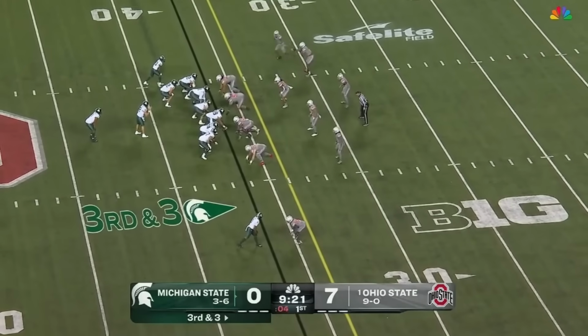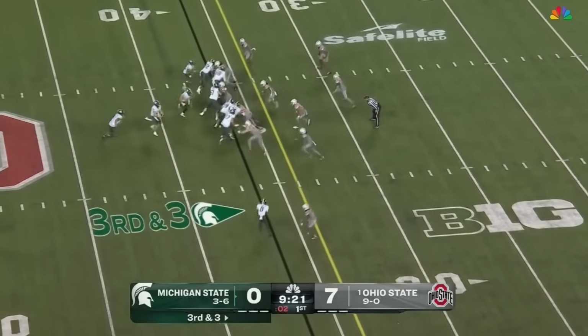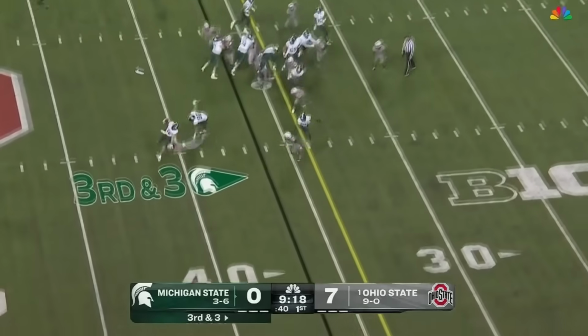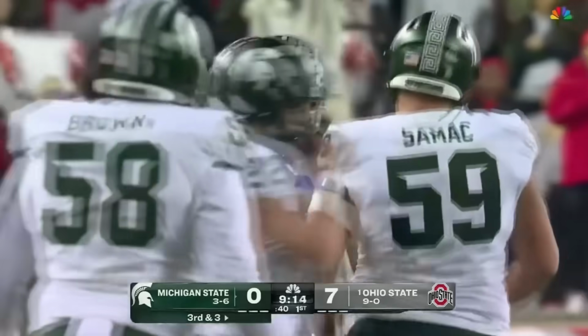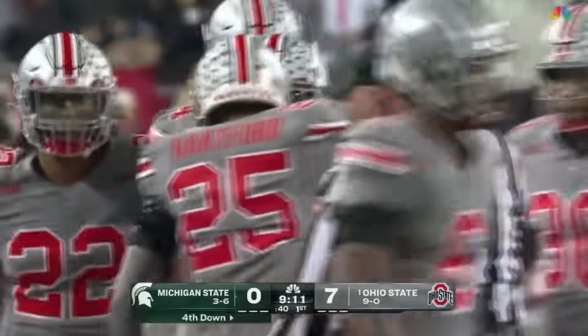Defense adjusts appropriately. Caden Hauser out of the pistol, gets the snap, fakes the handoff, takes off running himself right side. He's in trouble, and he's dropped at the Ohio State 40 by cornerback Denzel Burke, who comes in and makes the play. To the right, tight end